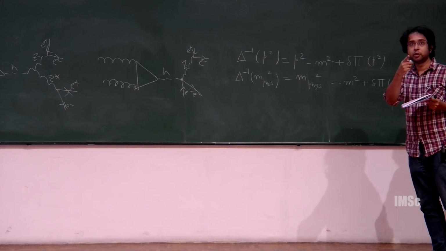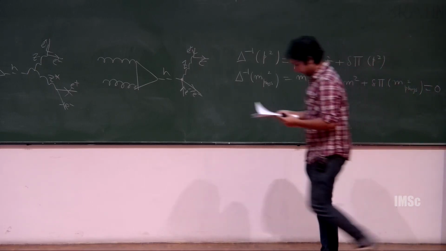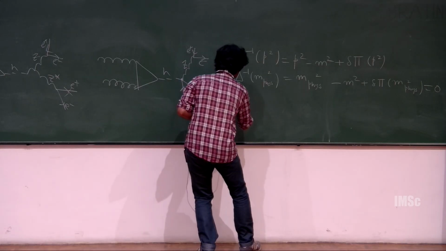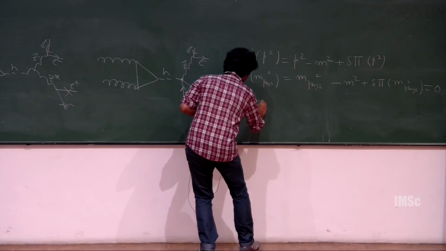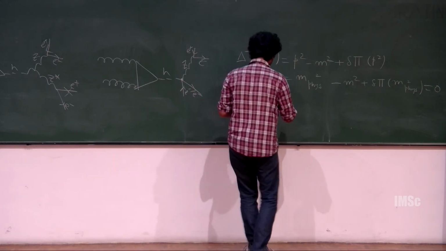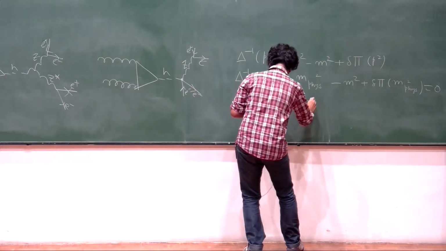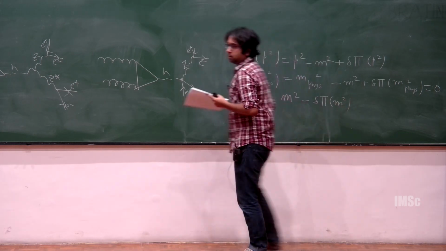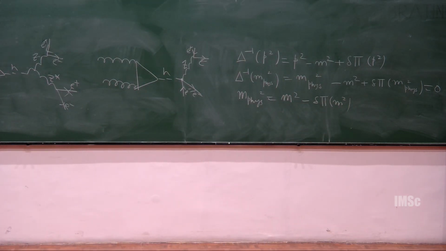Is anyone monitoring it? Anyway. Okay, so from here we basically get m phi squared. So to do it explicitly,